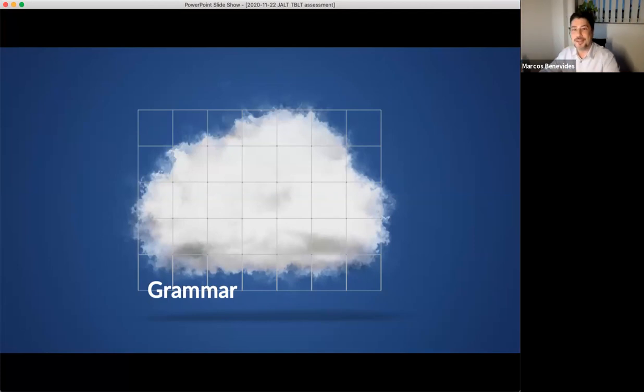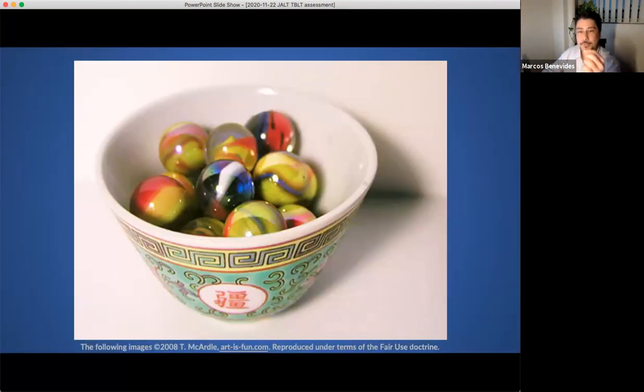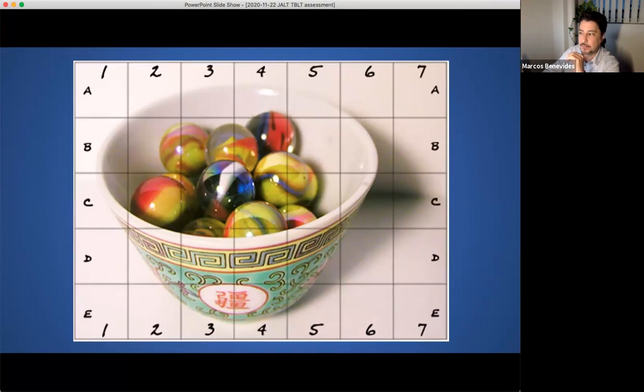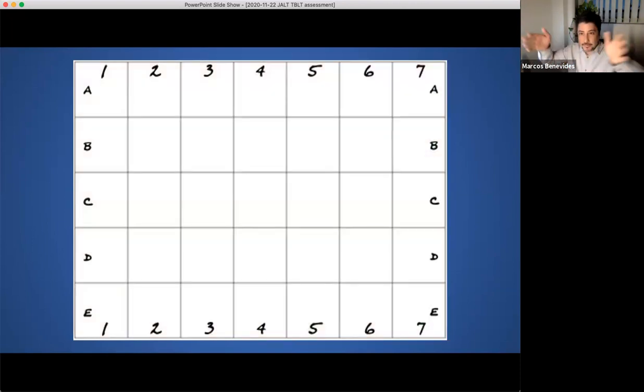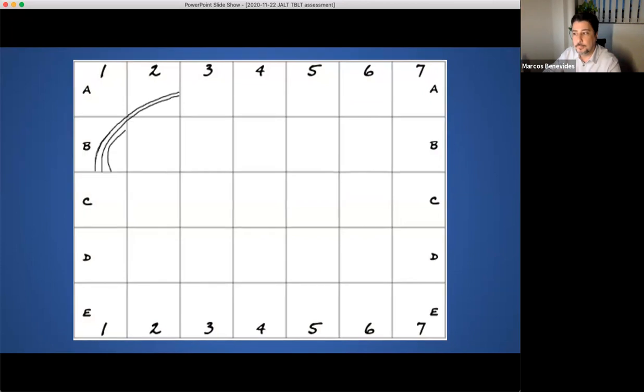And to further the analogy away from a cloud for a minute, there's something that artists do when they want to reproduce complexity, right? So if you have a picture like this that you want to create a reproduction of, there's a trick that artists use that I think, again, has an analogy. They take the complexity of the picture and they divide it up, again, into a kind of grid. And then on the target canvas, it's a blank canvas and they have the same grid. And so the trick is, and this is a great trick if you want to take an image and blow it up, for example, but basically you're reproducing it. And the trick is to go bit by bit, right?